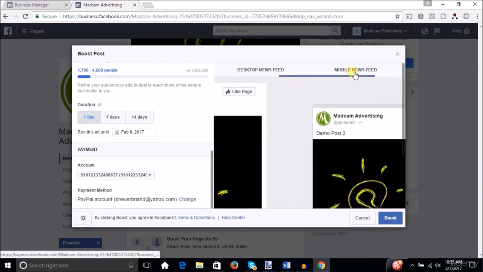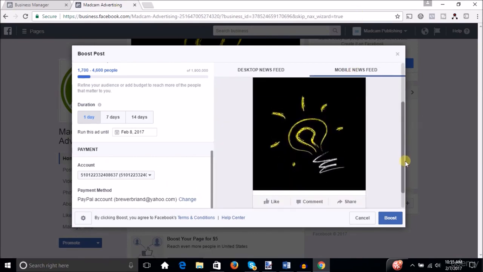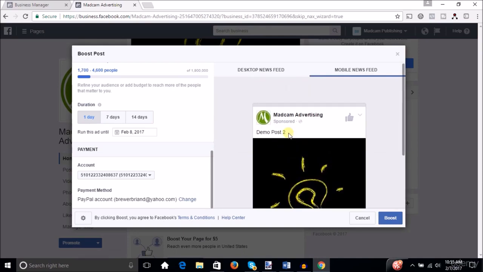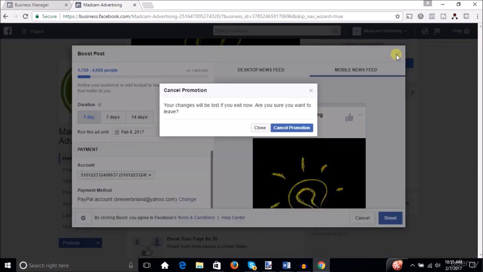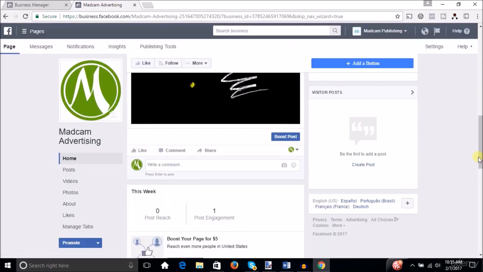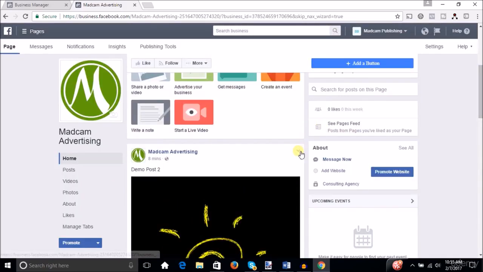You can see what it'll look like on the desktop and the mobile newsfeed just to make sure everything's looking good. Once again, you would have your link to wherever you wanted people to go actually in the post title, and then you would just hit boost and you would be good to go there. We want to cancel that promotion, and you can see, if you just edit this, you can put a link to